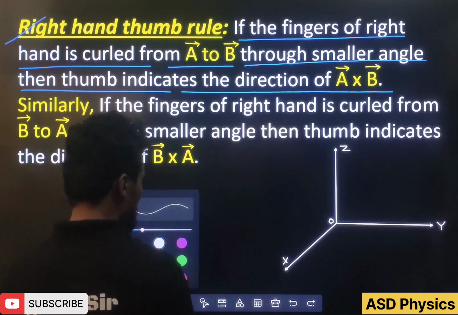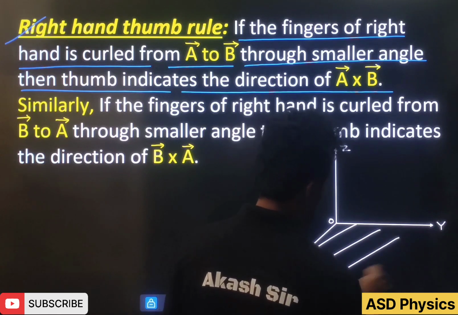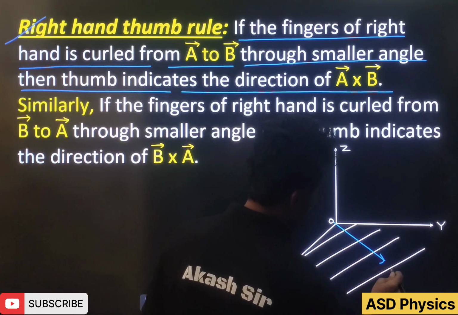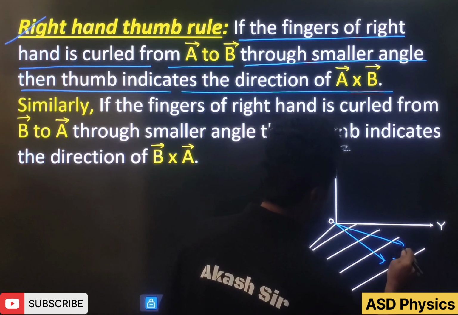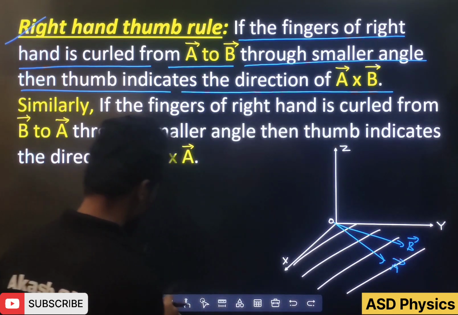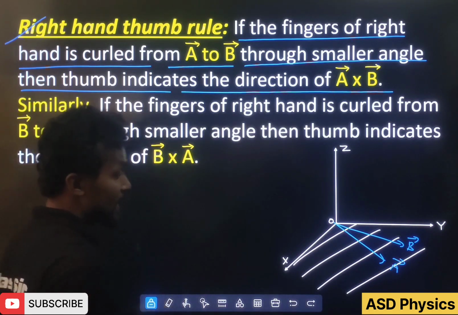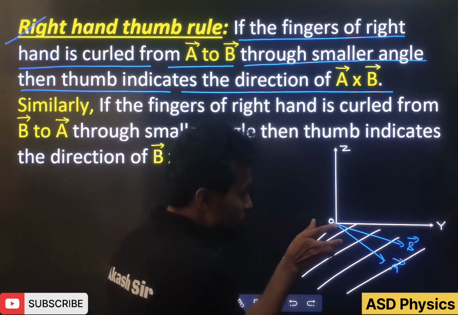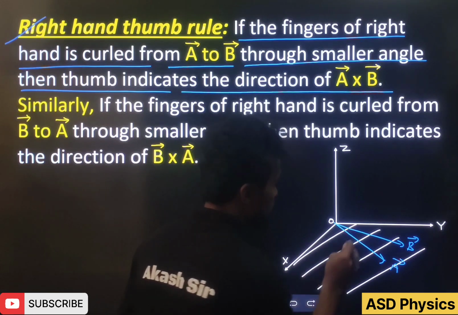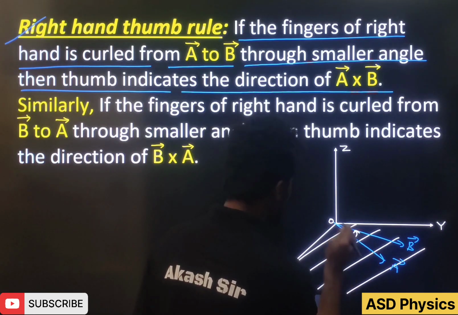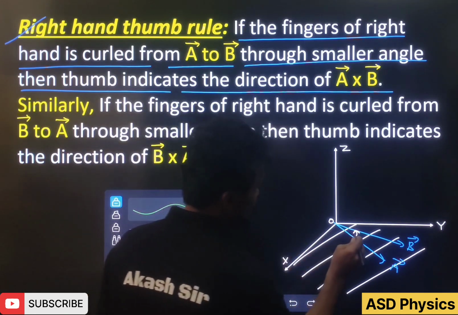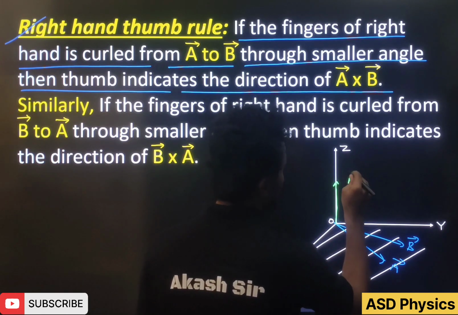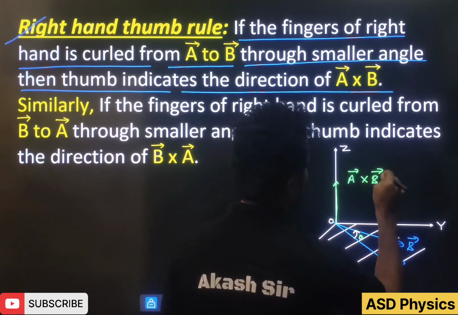So as I have told you before also, see, this is my XY plane. Again, let me draw the vectors here. Now we'll see from a different point of view. Means the same thing only, but okay, again we'll do it here. So what we are going to do first, again I'm telling that this is the x-axis, this is the y-axis, and the z-axis is out of the board here. So curl the fingers from where to where? A to B. So when I curl the fingers from A to B, through this angle theta, then what will happen? This is the direction of A cross B.